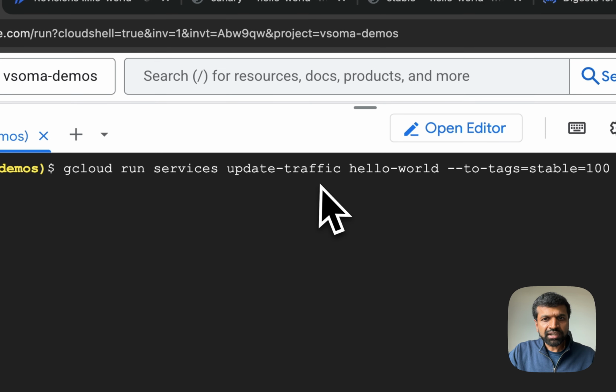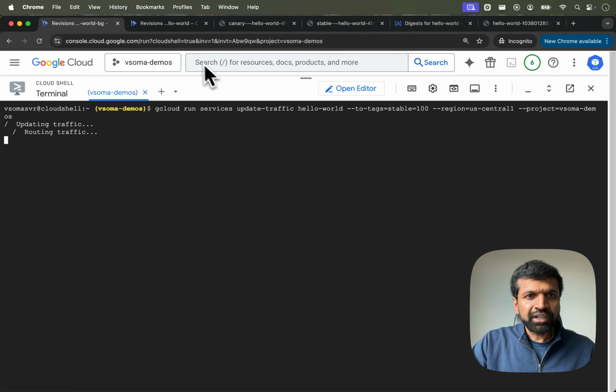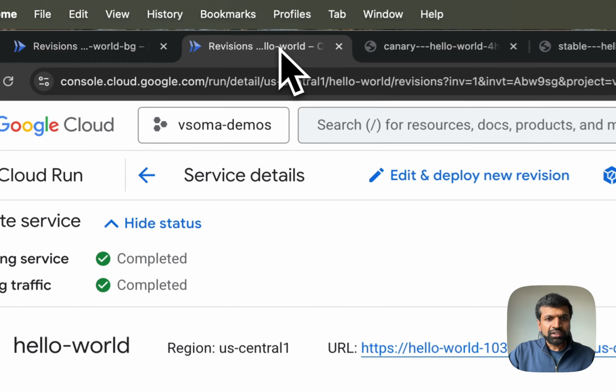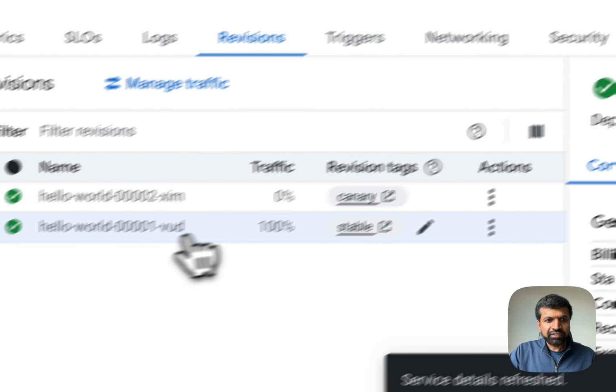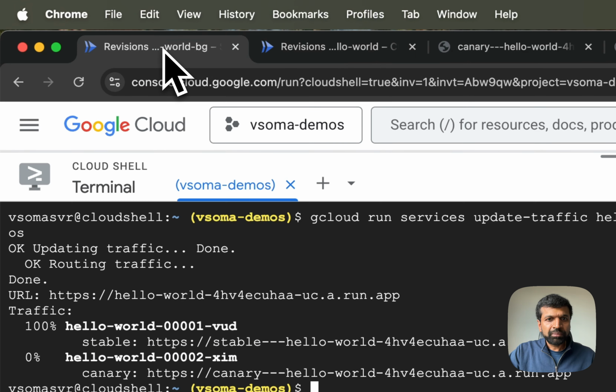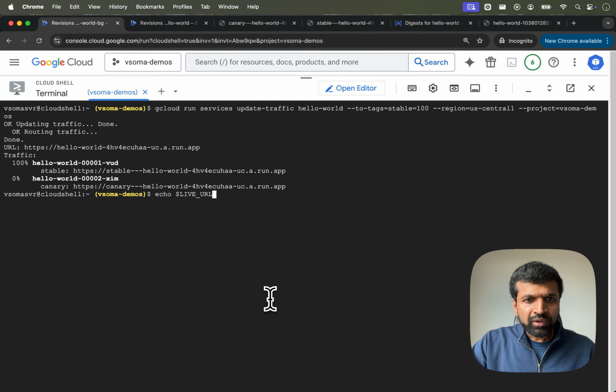gcloud run services update-traffic. We specified only one tag here, which is stable, to which 100% of the traffic is being routed. Okay, so when we hit that, then we're basically performing a rollback. So just refresh it, then all the traffic is back to stable. Now we'll just put it back again, 80-20, and then we'll go to